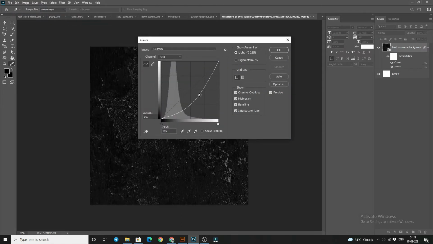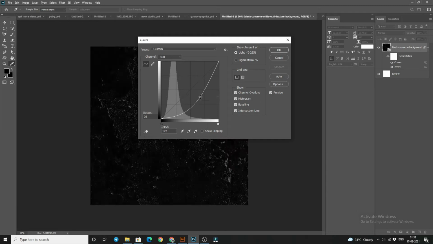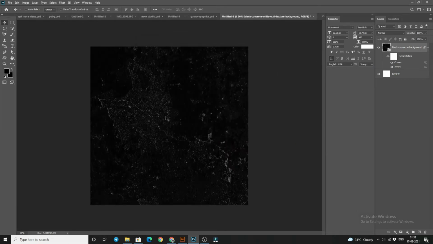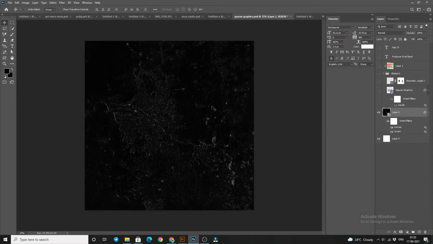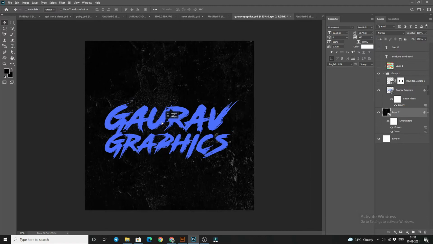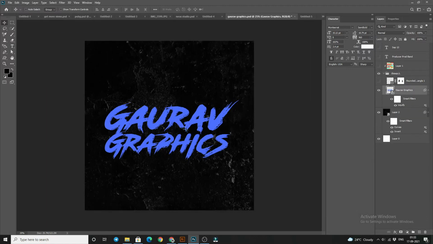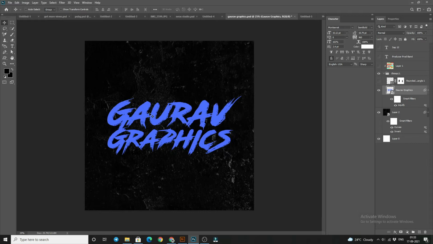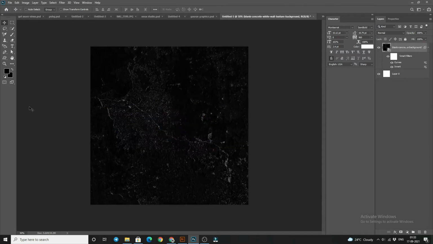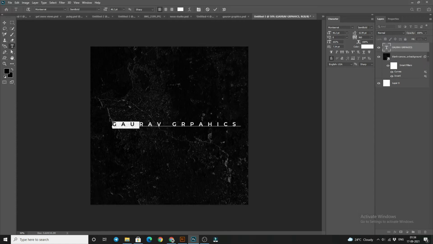So I think it's enough and it's looking quite good. So like that I have done this in this image. Now we need to put our text in this way. I have put this, and the color of that text is a little bit blue, and I am choosing the Road Rage font. I am showing you in a different artboard. So here our text is, and make our text properly.